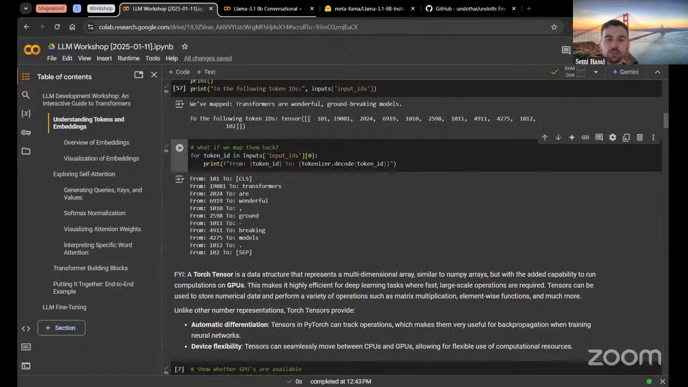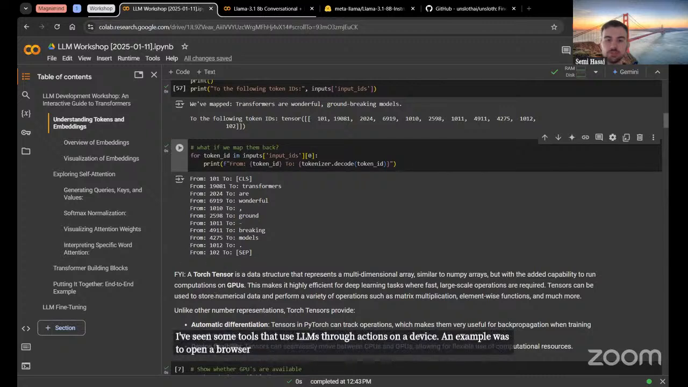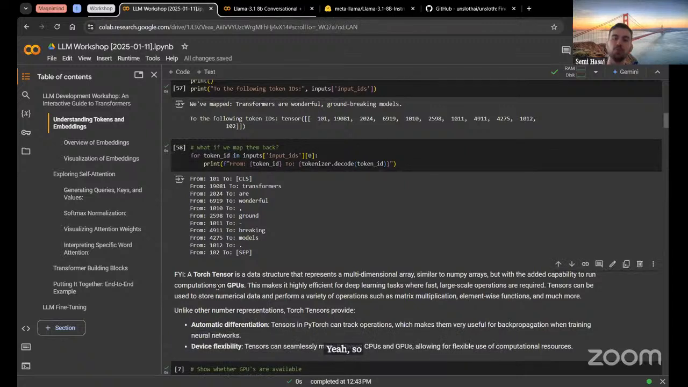I'm seeing a question, which is great. I've seen some tools that use LLMs to do actions on a device. An example was to open a browser, input a specific URL, and do some stuff on that page. Yeah, so we've gotten to the point where GPT and all of that are still autoregressive transformers